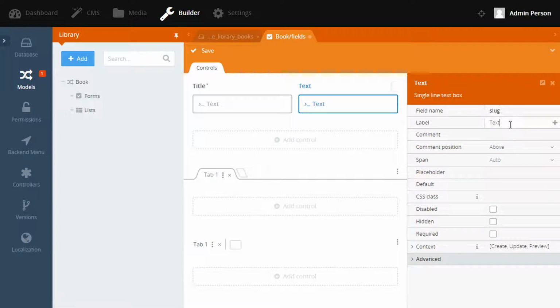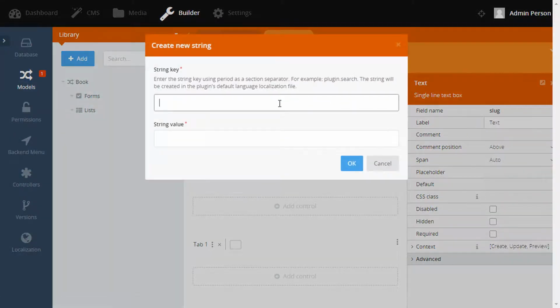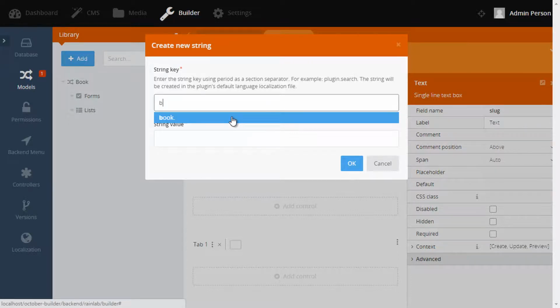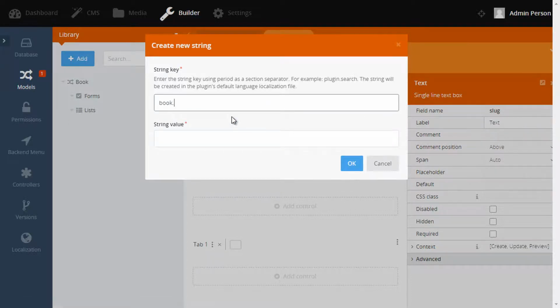And then for the label, we'll want this to be a language string also, so click plus. And then as we're entering the key name, if we just enter B, you can see this also has auto-completion, which is a very handy feature to have. And then we'll just call this book.slug, and we'll give it a default value of slug, just like we did